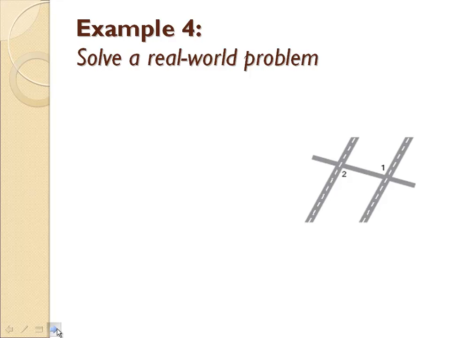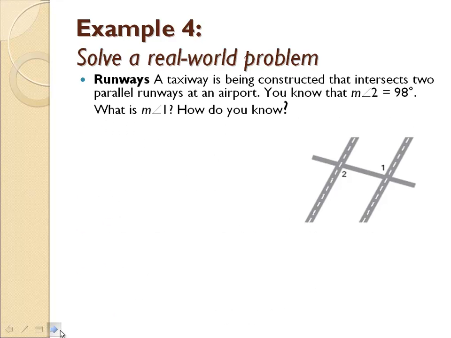Let's solve this real-world problem here. It says a taxiway is being constructed that intersects 2 parallel runways at an airport. So we know these are our 2 parallel runways, and this right here is our transversal. You know that the measure of angle 2 is 98 degrees, so this is 98 degrees. What is the measure of angle 1? So let's look here. Angle 2 and angle 1, well, they're alternate interior angles, so we know the measure of angle 1 has to equal 98 degrees,